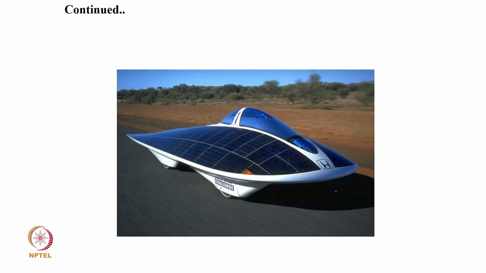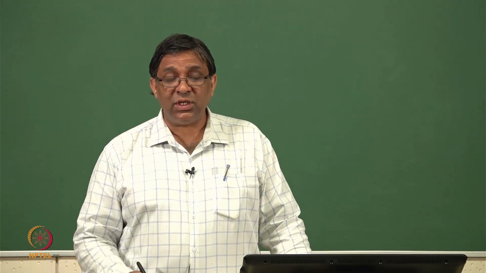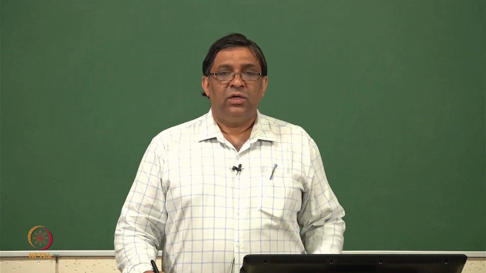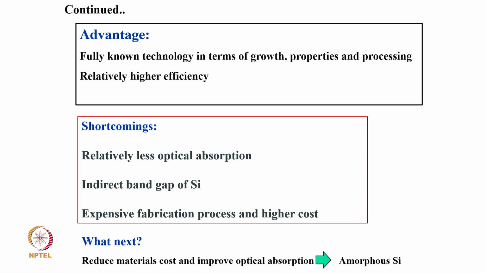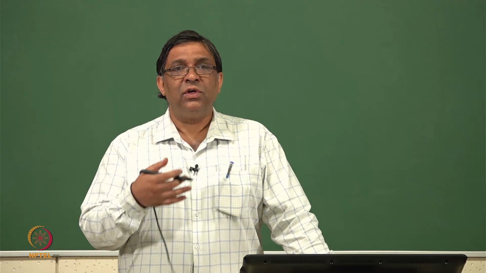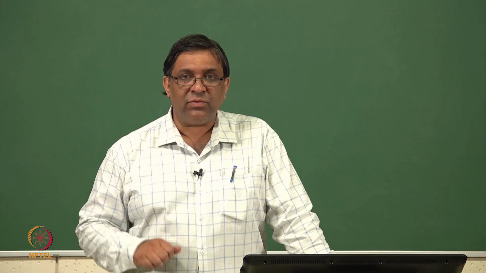If you look at this, Honda has shown this particular car, which they call a highly efficient solar car. You can see the solar panel in this car, but the efficiency it had is only 20%, though it is still a highly efficient solar cell car. So efficiency is definitely an issue, and we have to address these efficiency issues in our lectures when we discuss different solar cells and different aspects of this.